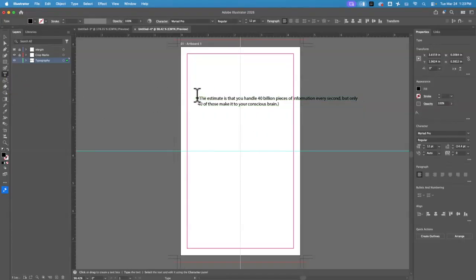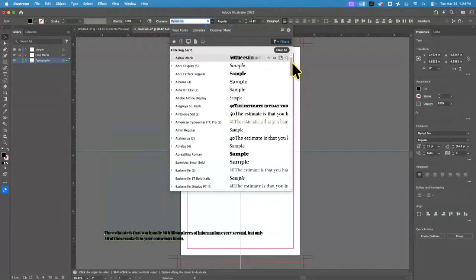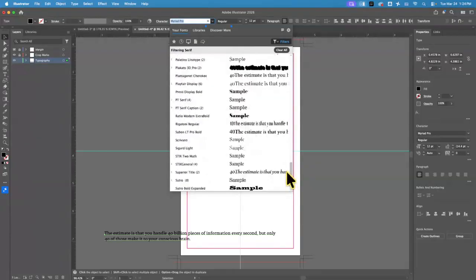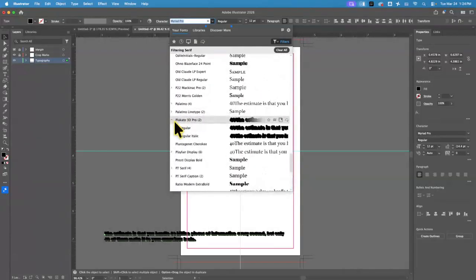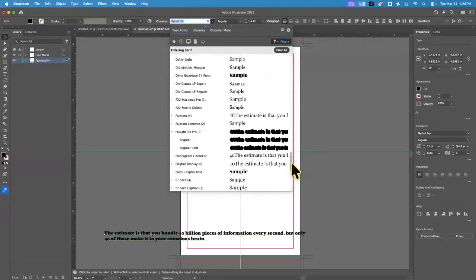Oof. I'm going to take out the parentheses. And I want the 40 billion and 40, right? That's what we're working with. So I'm going to make a big 40. And then I'm going to grab those two and pick a font that's not Myriad Pro. What did I have this font for? Oh, and you know what? I was like, why do I feel like I have so few fonts? I got it